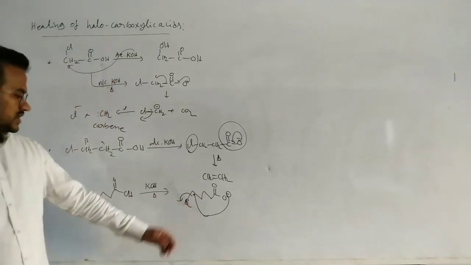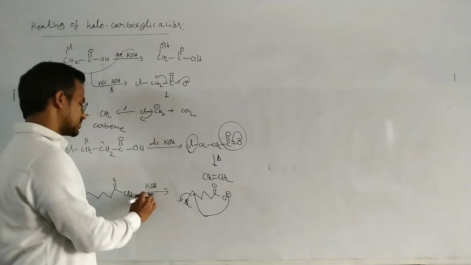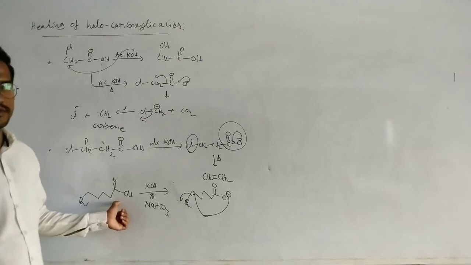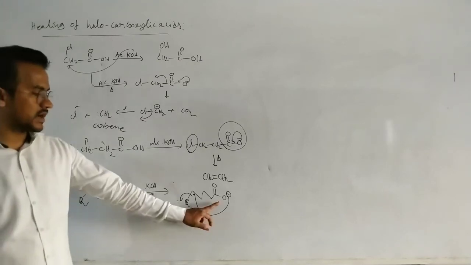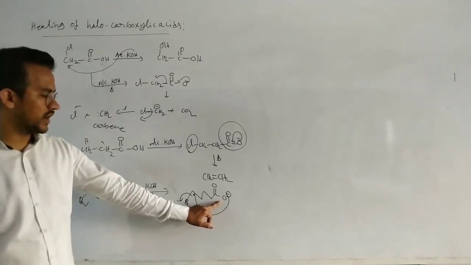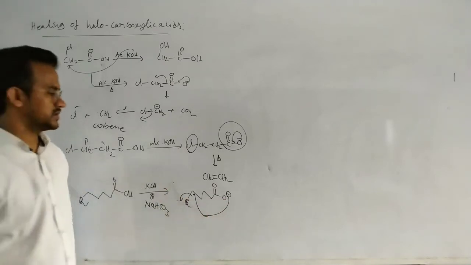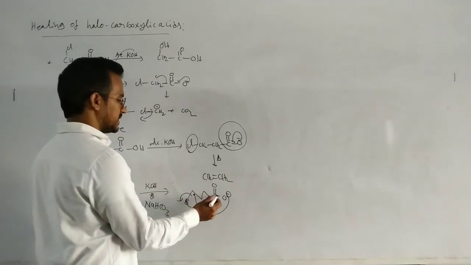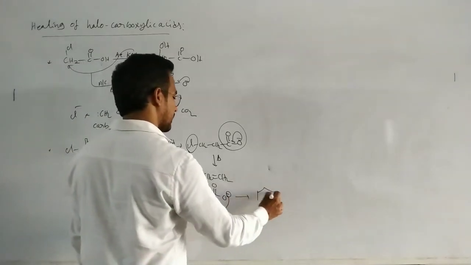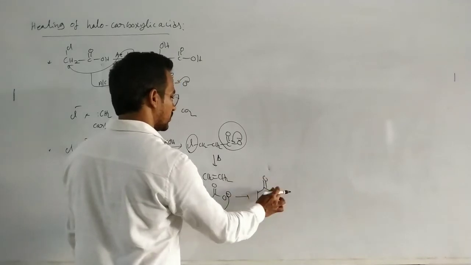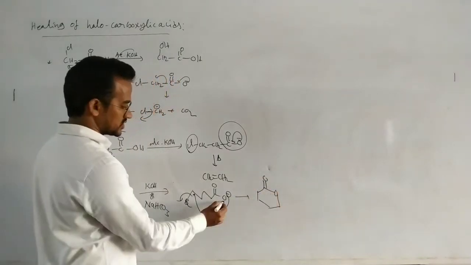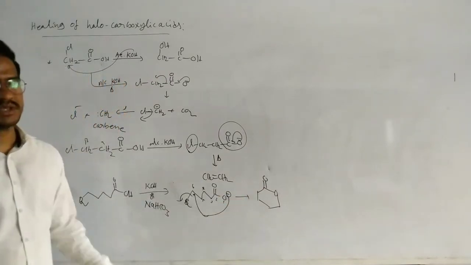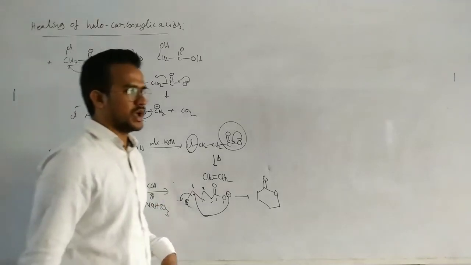In this case, we can use KOH or sodium bicarbonate also, because sodium bicarbonate can react with the carboxylic acid. So first of all, we will get the carboxylate ion. This acts as a nucleophile, so intramolecular nucleophilic substitution takes place. As a result, 1, 2, 3, 4, 5, 6, that means here a 6-membered ring. Here double bond O and this one is the oxygen. That's it. A cyclic compound is the product. So halo acids.